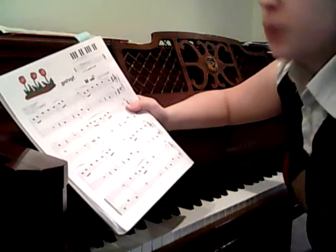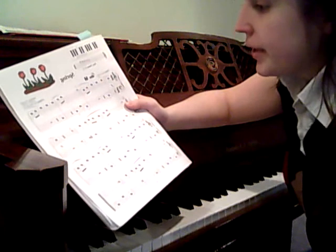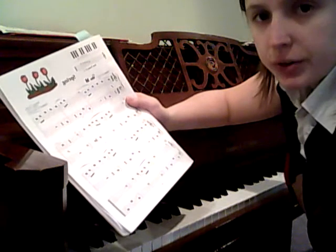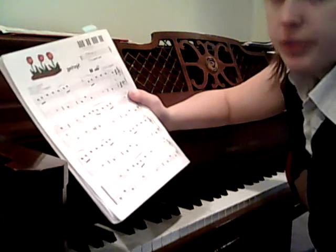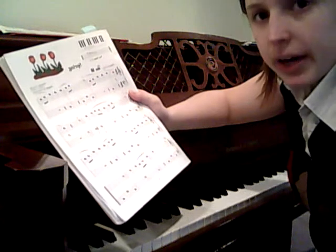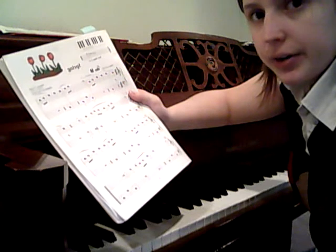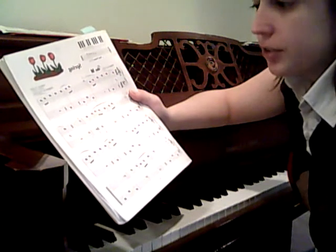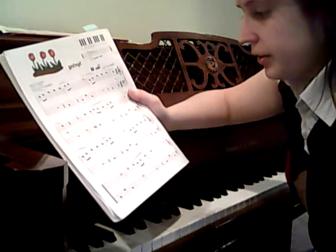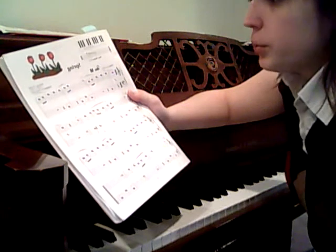So eventually when you get comfortable with both hands, you're going to be putting them together. And it will be relatively easy because you'll notice that a lot of the time when your left hand is moving with the 1, 5, or 5, 1, 5, it's when your right hand is just holding out on that high G. So there isn't a lot of moving around with both hands at the same time, thankfully. So, once you've put that together, you will be ready for the next lesson in person, where we'll go over